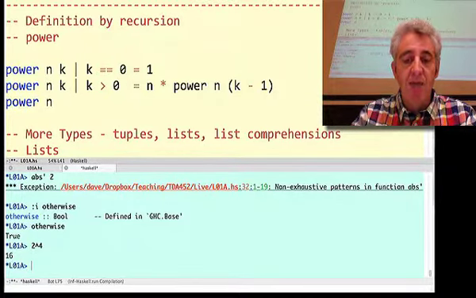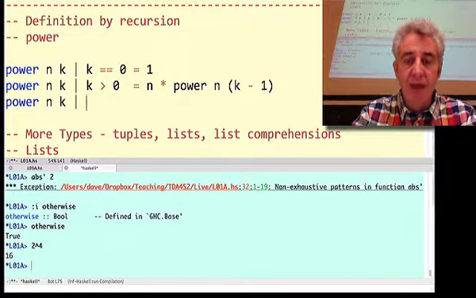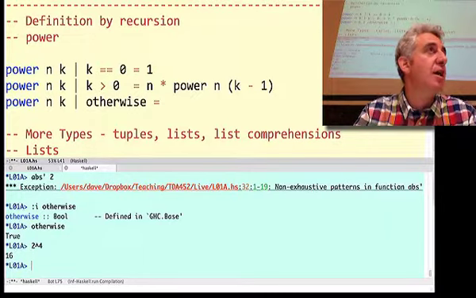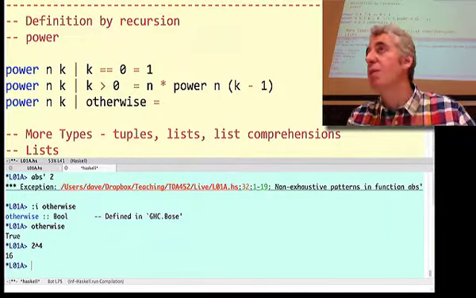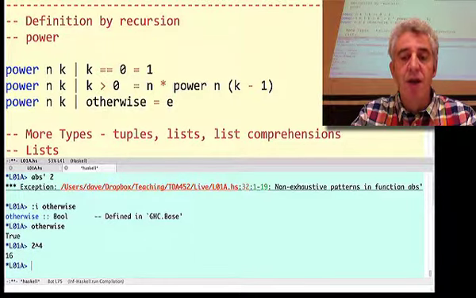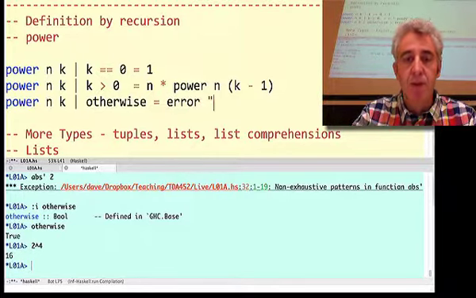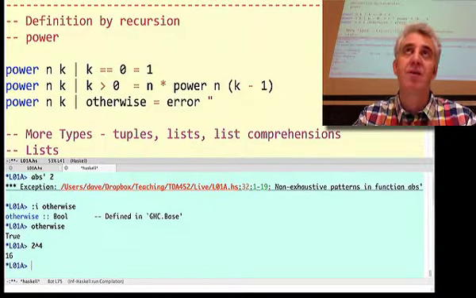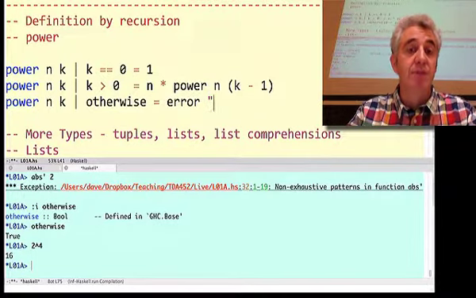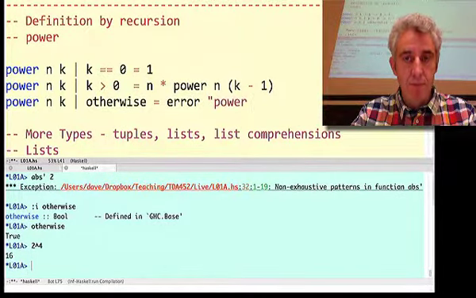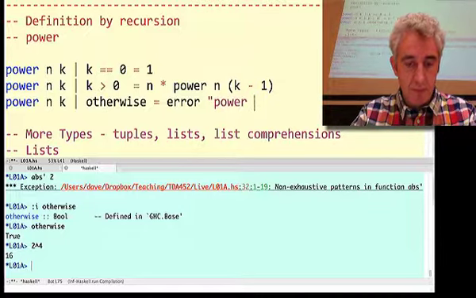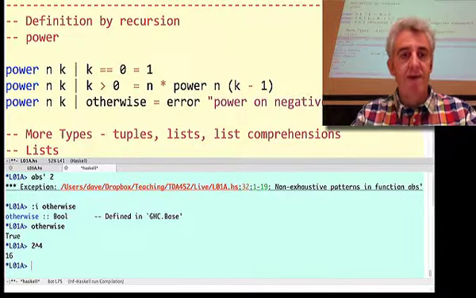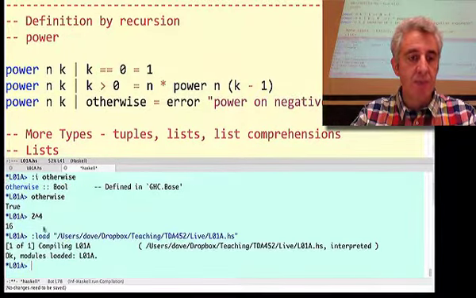So if I want a sensible error message, I want to say if it's not one of those cases, what should it be equal to? Well, it should be an error, it should crash, but I want to give a more sensible message. I can do that by using a function called error, whose job is to crash, but crash with a message of your choice rather than the choice of the runtime system. So now it gives me an error message, which is a little bit more sensible.